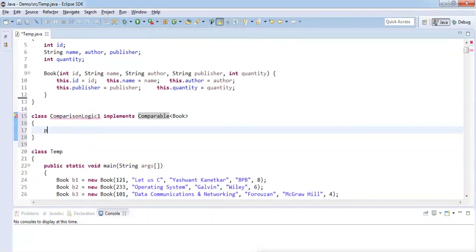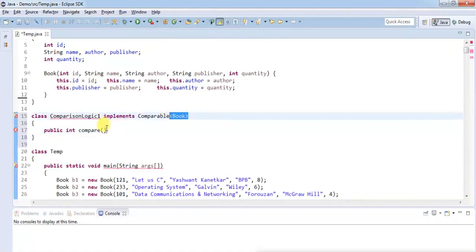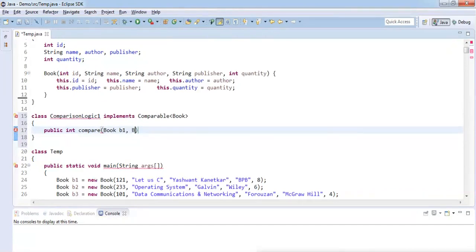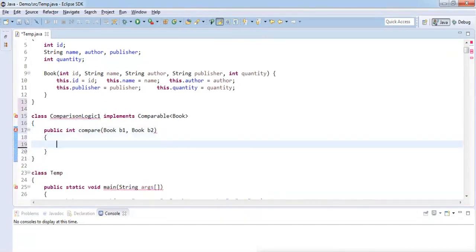So let's implement that. Public int compare, it has a method called compare which will take two arguments of the same type I'm mentioning here, Book type: Book b1, Book b2. And the logic is the same.